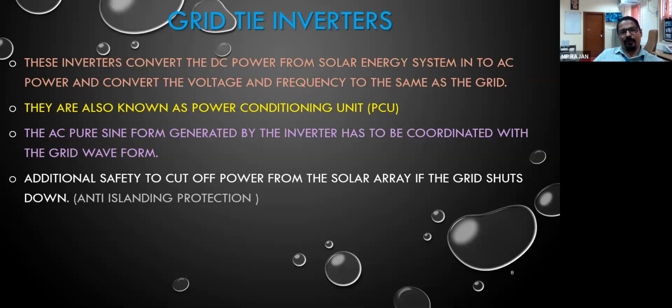Some of the people will be working on the grid for that purpose. They might have switched off the supply, but if your solar panel or other panels are giving supply to the grid, there is a chance of getting shock. So either when there is no supply from the grid or if the solar grid parameters are going out of range, your inverter will switch off the generation of supply from the solar.